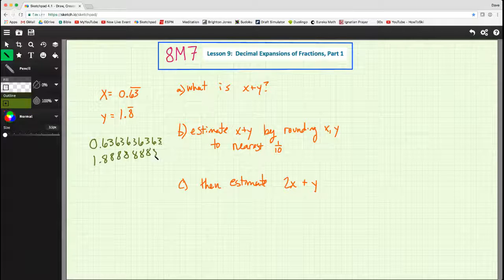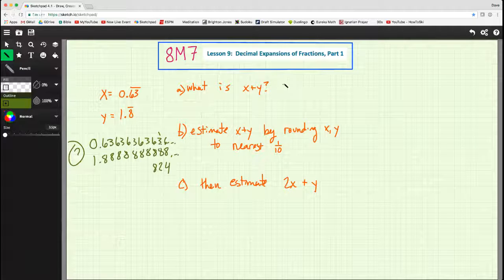Well, if I start with 3s, I'm going to end up with a 1, but then I didn't add up all these digits over here. And if I went 8 and I went 6 and I went 8, I'd have a 4 over here instead of a 1 over here, and I'd carry my 1 and I'd end up with a 2, and then I'd carry my 1 and I'd get like an 8. So I don't know what I'd get. You can't add numbers that repeat forever. You can't really do it. So what we have to do is